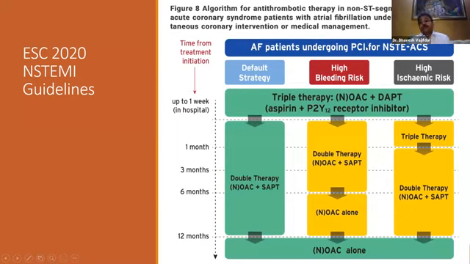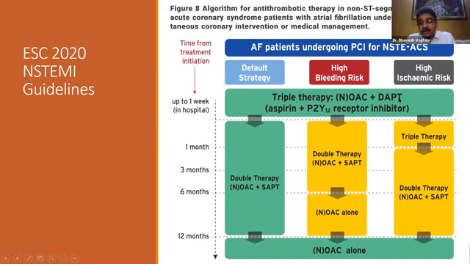Normally, when a patient has atrial fibrillation, you need to give them anticoagulation. Initially we used to give them only acitrom or warfarin. And then we said that instead of acitrom or warfarin, we could give a NOAC, the newer ones, apixaban or dabigatran, or the other ones, rivaroxaban. And now we know that these are actually preferred over vitamin K antagonists. So if these patients with atrial fibrillation undergo PCI, they should be on a NOAC, the newer oral anticoagulant agent. And of course, because they have had a PCI, they should also be on DAPT.